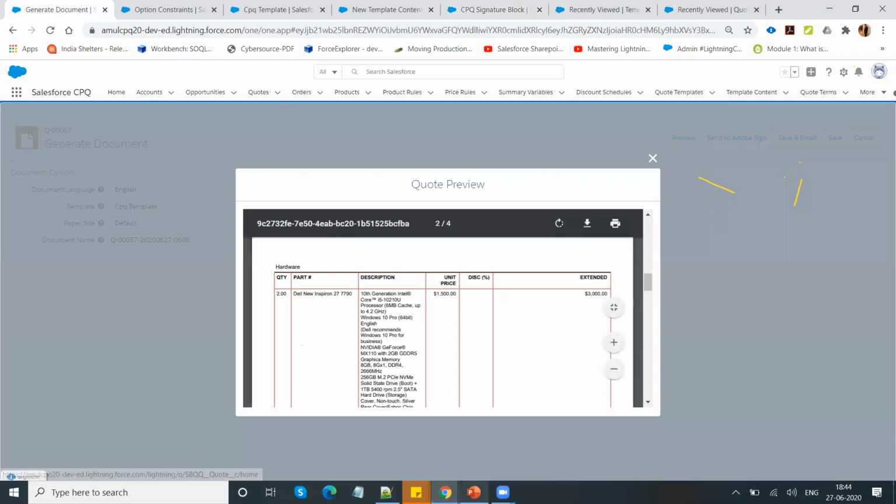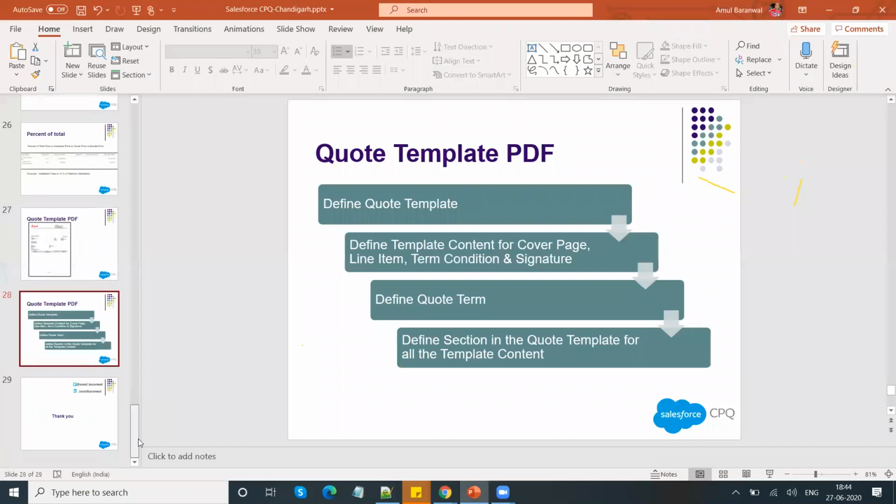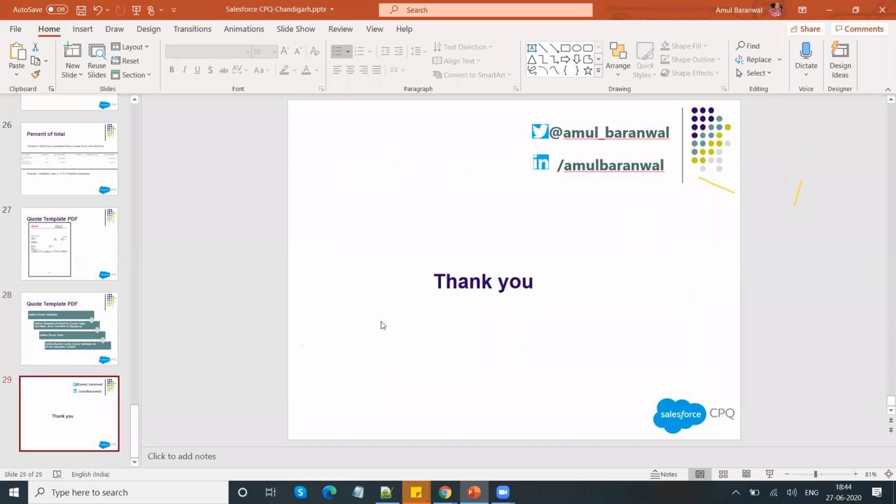I think, probably due to lack of time, I cannot cover more on that part, but we will definitely go deeper down the line. I will sync up with my team, and they will present some more interesting parts for you. I'm done with this. We will have more sessions in future so we can cover the things we have missed out, and we can have more demos in upcoming meetups on CPQ.